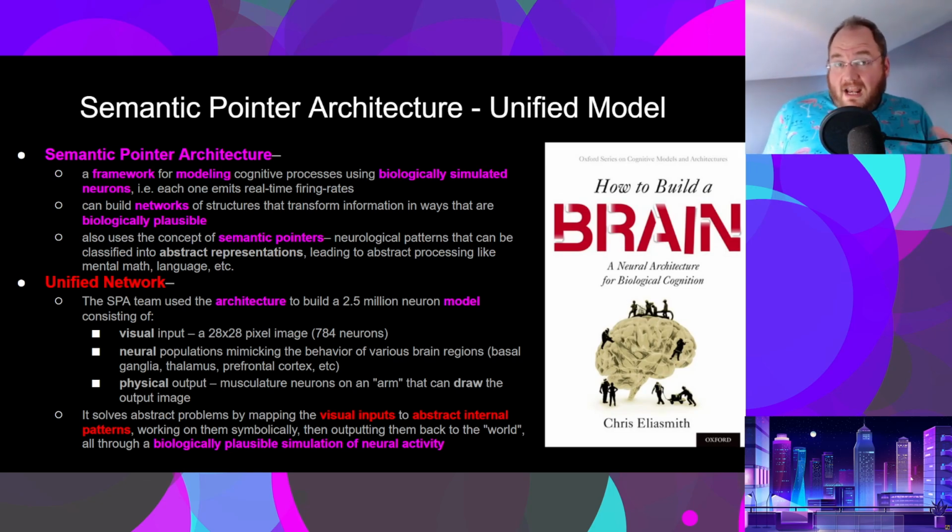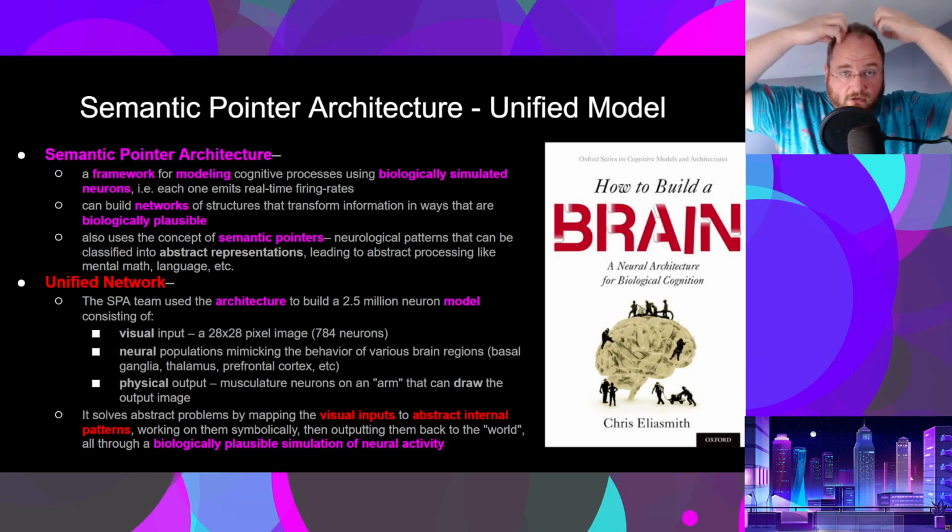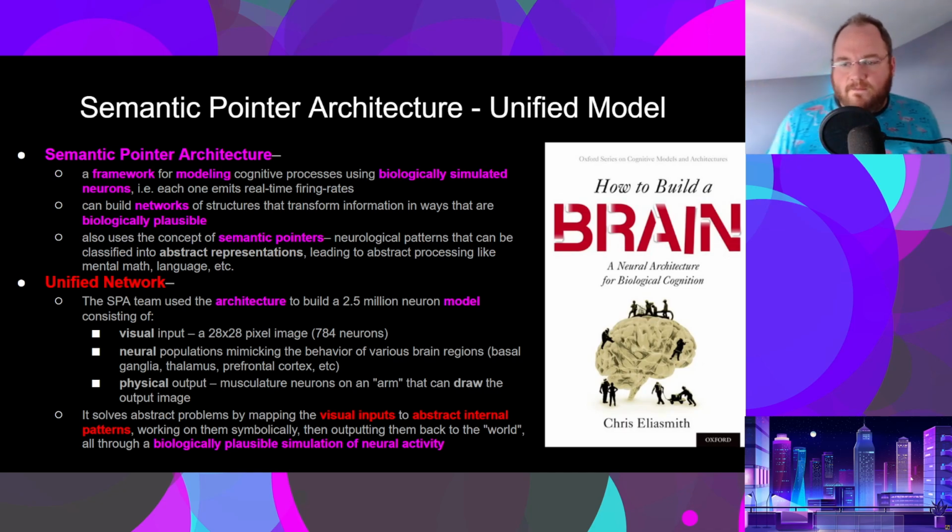The unified network part of this model is within the architecture. The same team who built the architecture then also said, we're going to try and build a system that models some of the information processing that we know the brain can achieve, but in very specifically neurological, regional ways. So they built this 2.5 million neuron model